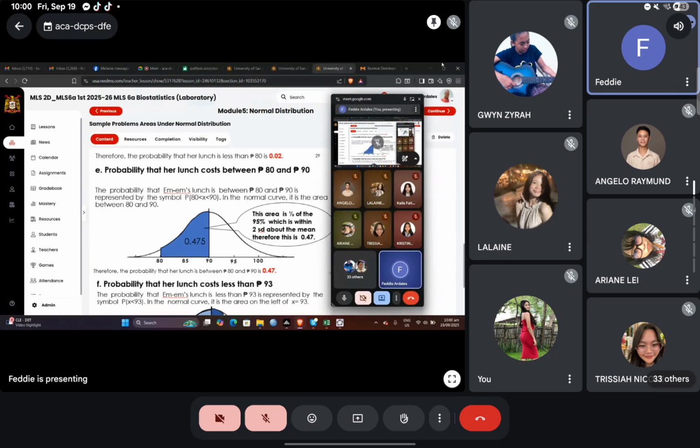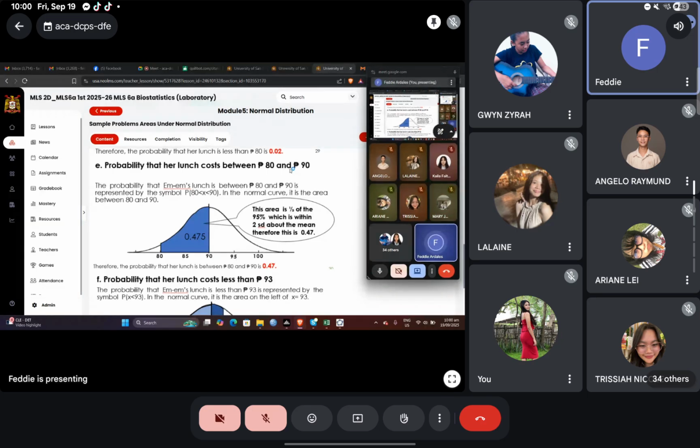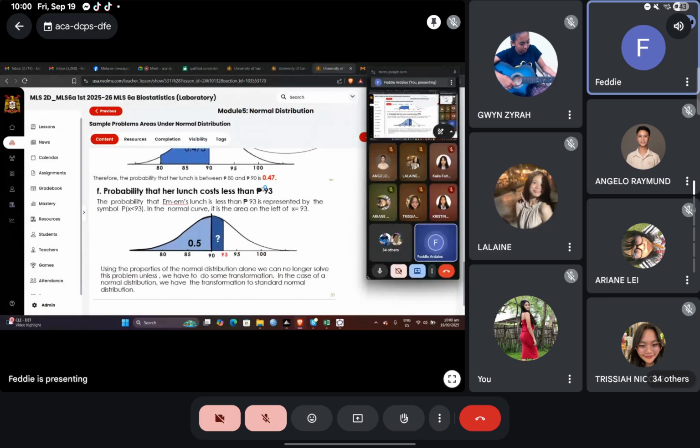Now, what if the probability that your lands cost less than 93? Take note, 93 does not fall within the empirical rule, so you cannot approximate the area, but instead we can compute using the